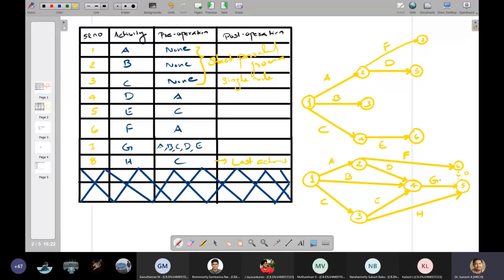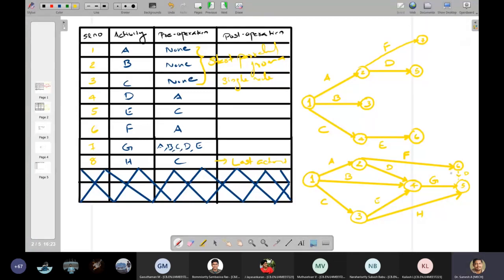Either like that, or connect from 2 to 5 as F. You should not keep any nodes open like this. All the open nodes you have to connect to the last node or the nearest node by using a dummy, or draw it in such a way that F is going to close this loop.